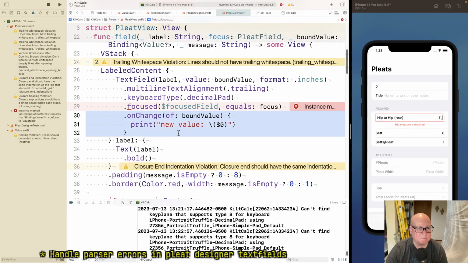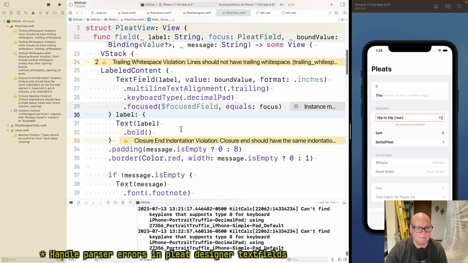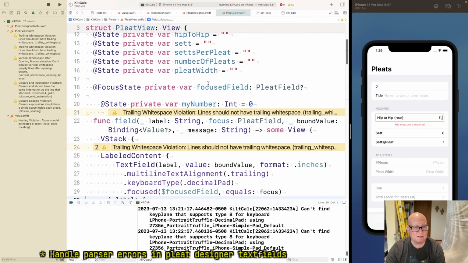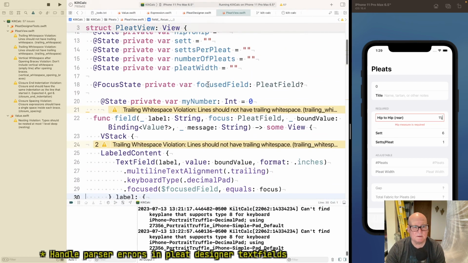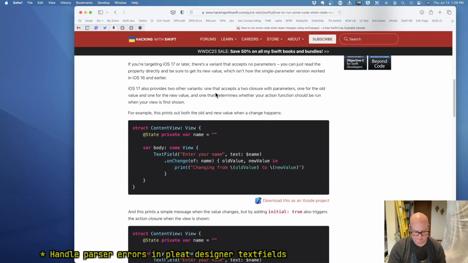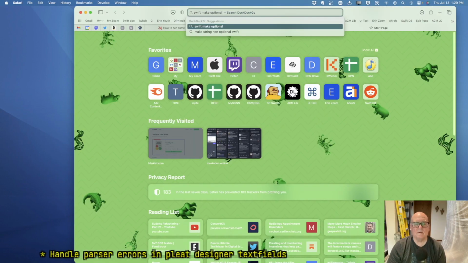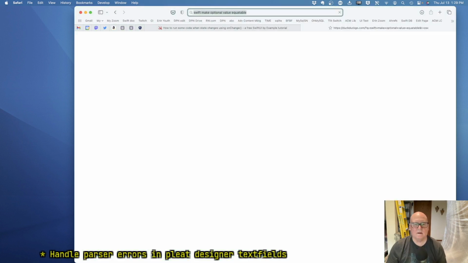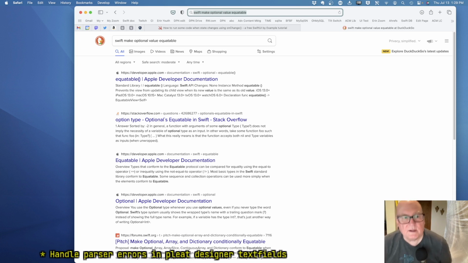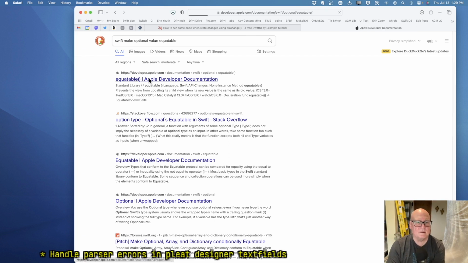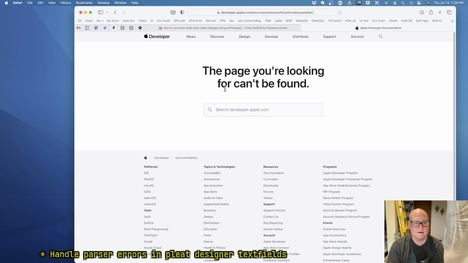Okay. How do I make value question mark conform to equatable? Optional. I guess maybe I can try extending equatable. Well.